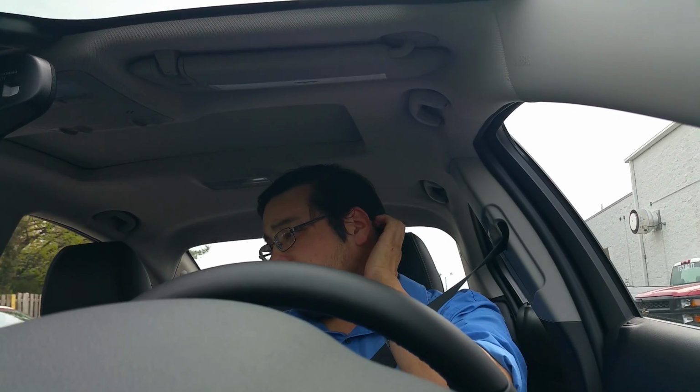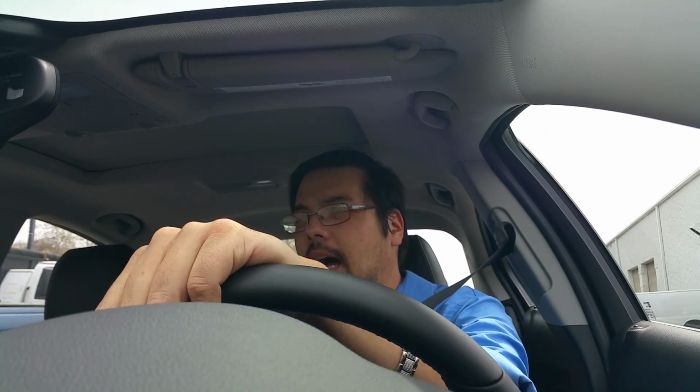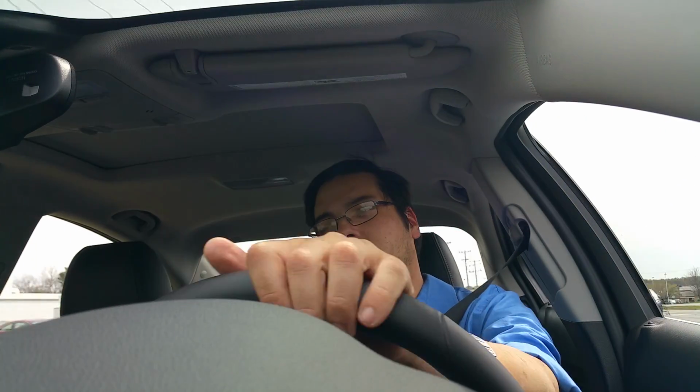6-speed automatic transmission. Again, has manual mode, so you can shift it yourself. Pretty nice touch that I didn't notice is that it does have fabric covering part of the dashboard. I'm not one of those guys that harps on having a full leather lined dash or super soft touch materials because quite frankly I don't touch the dashboard that much. I don't get into my car and stroke and caress it and call it Betsy and all that other crap. So to those that do, good for you, pay the extra money, but for me it's perfectly fine. It's not obtrusive at all. So